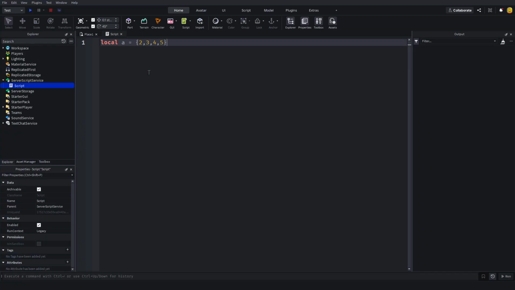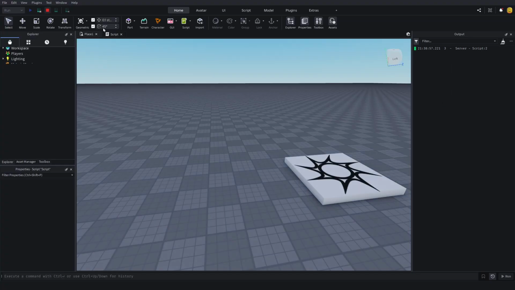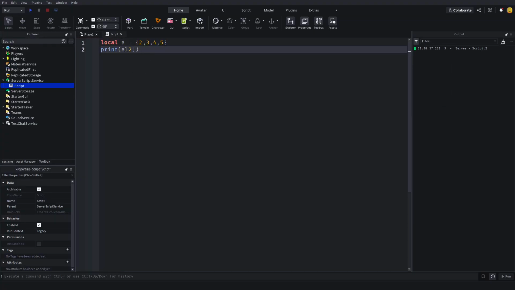So if you want to print a 2, this should print 3. There we go. As you can see, it prints 3. Why? Because when you say print a second index, it finds the second index and prints this. And this way you can have stuff, and so how you use tables is this: you navigate by index,